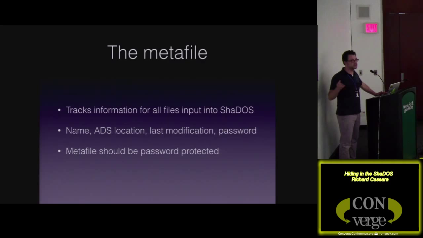And the meta file itself can optionally be password protected, which I would highly recommend, because if it's not, and someone broke into your machine and was trying to find this critical data, if they knew about the project, they could theoretically find the ShaDOS meta file, because that one's easier to find because it has a defined stream name. ShaDOS is the name of the stream for the meta file. So if they find that stream name on a file, then they know that that's the meta file, and if it's not encrypted, then they can read that and see what other files you've written and where they are. You can still minimize the damage if those are encrypted, but if you encrypt the meta file, then it's even harder to get to.